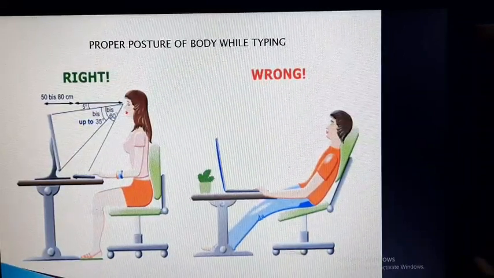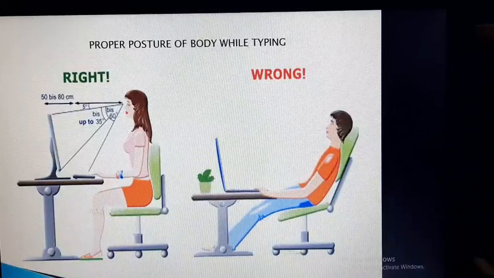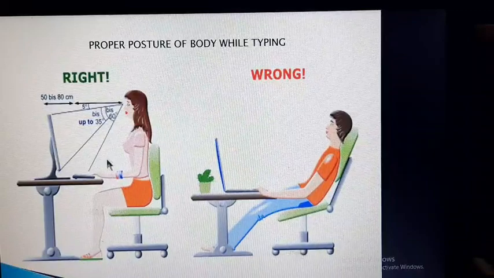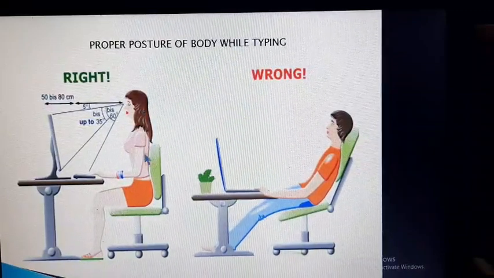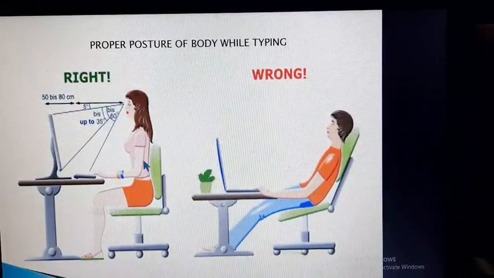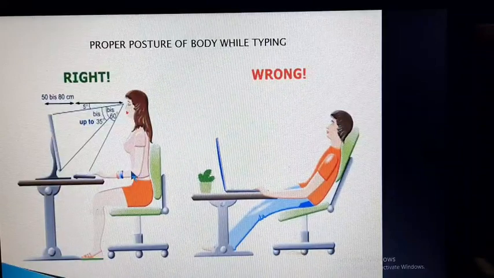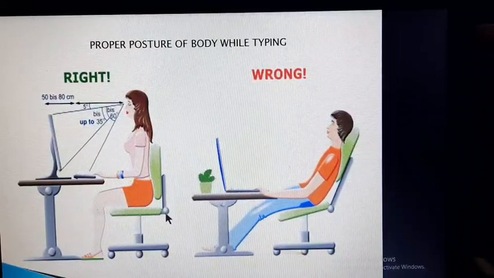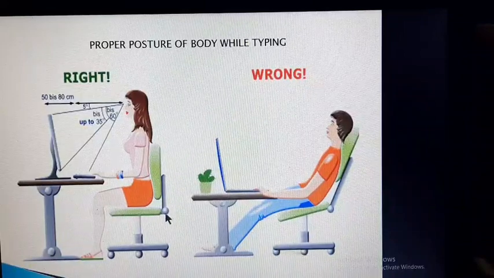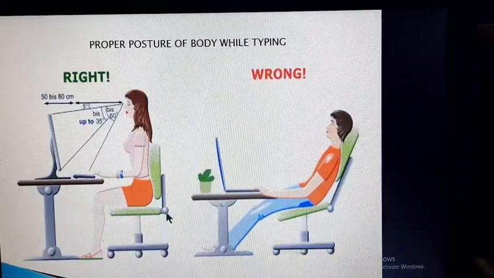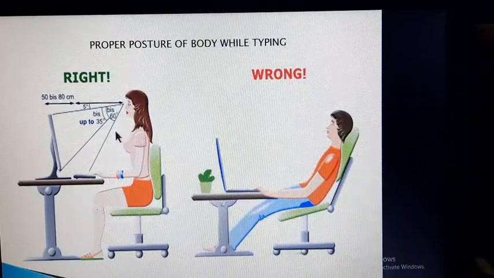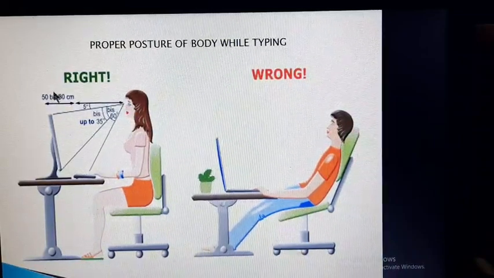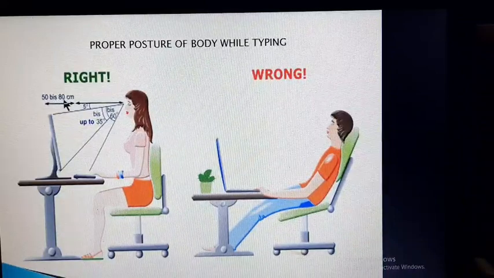Always sit straight on the chair, and always remember to keep your back straight. Second, there should be at least 50 to 60 centimeters of distance between your eyes and the screen.